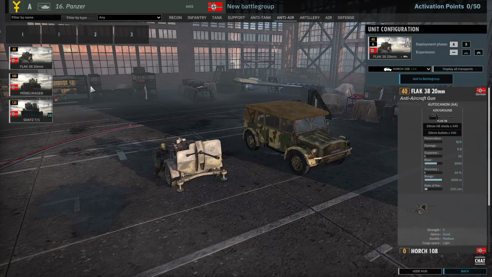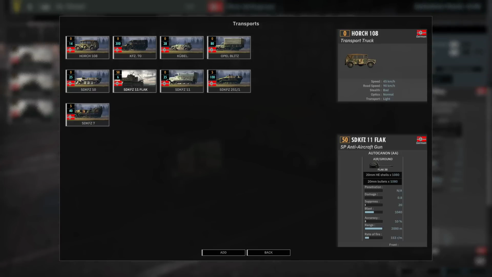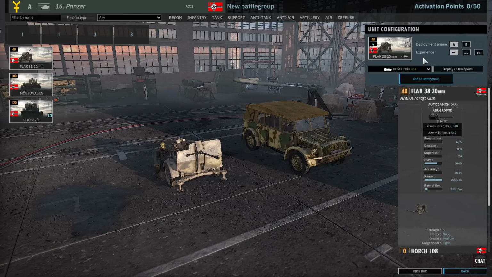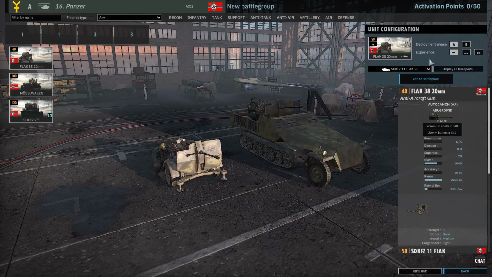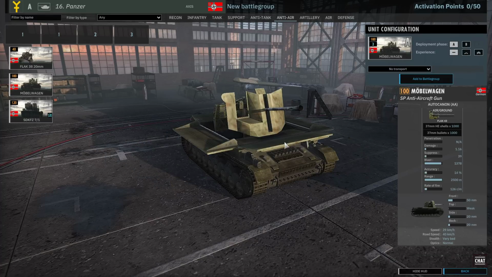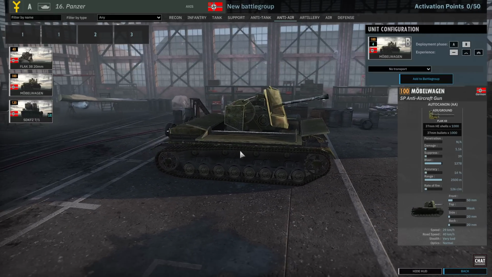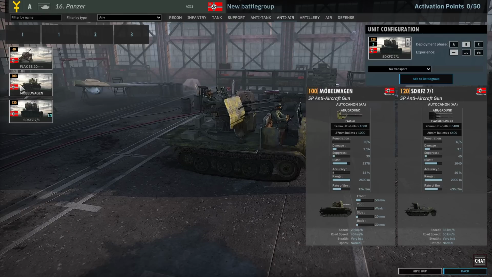Anti-air, we've got Flak 38 20s. Let's just check the transports. They can come in the SDKFZ 11 flak as well to double up your flaks. So you can effectively get 12 20 mils in A phase. We've got the mobile wagon, which I would think most people will take in B phase. And then we've got 2 cards of the SDKFZ 7-1, which actually, no. I would think most people will take...